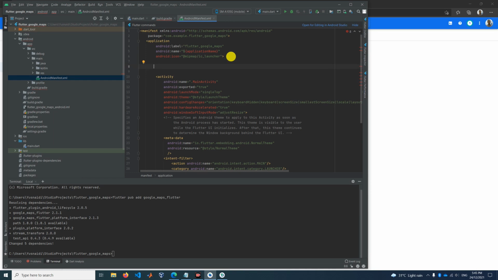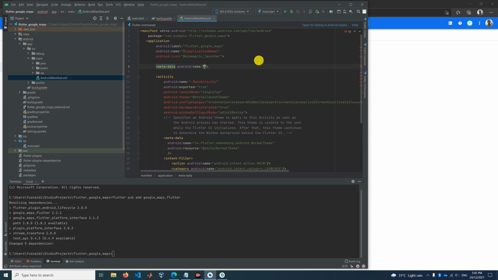We need to use the meta-data tag. So let's insert the meta-data tag, and the attribute for name, android:name